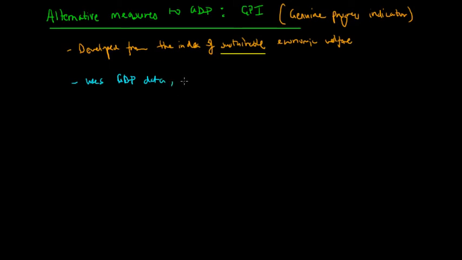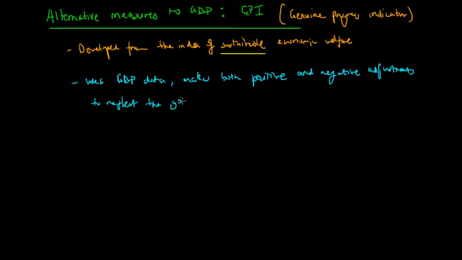It then makes both positive and negative adjustments to basically reflect the good and bad effects of consumption